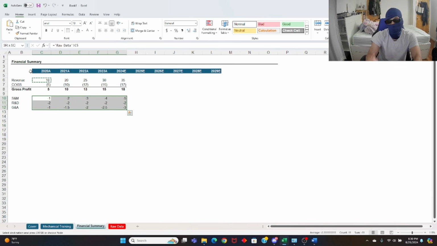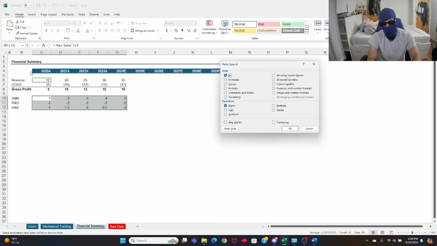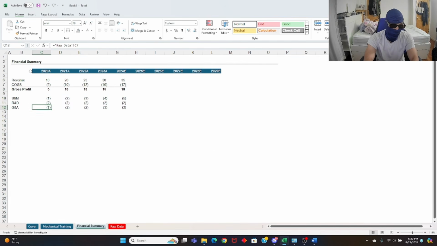What is it again, guys? Alt-E-S. Pause this up. You're going to paste your format. Do not Control-V, because then you're going to be pasting your formula, and your formula is not going to be anchored, and your array is going to shift, so you're not going to get the value that you want. So you're going to do Paste Special, T, Alt-E-S-T, format. And now you're going to come back here. We're going to do the same thing.